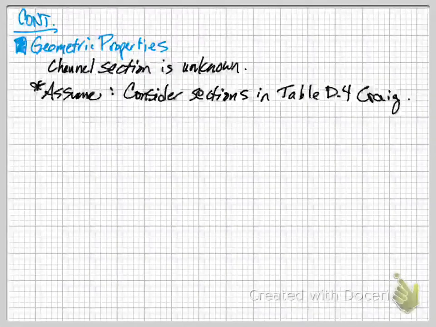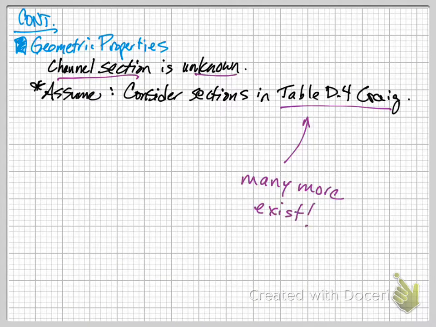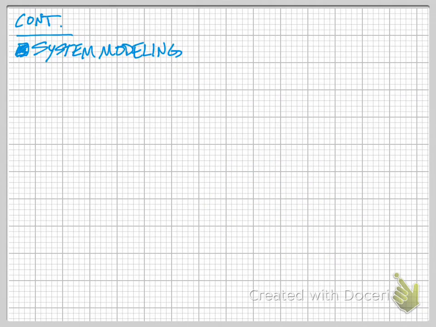The geometric properties for this channel section are unknown because the channel section itself is unknown. But I'm going to limit the sections that I consider to those that are in table D4. The reality is there are many more that exist. This is just a very limited table. The factors that are considered in the system modeling are that they say it's a column with a pinned end